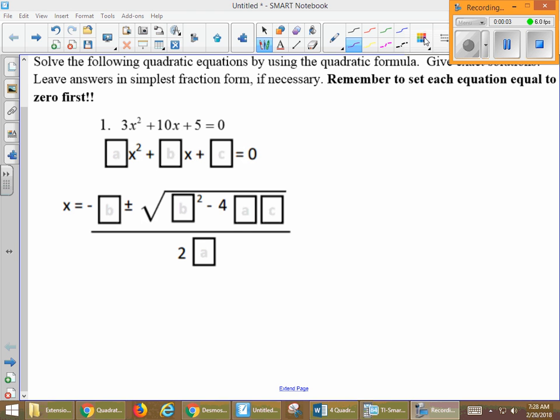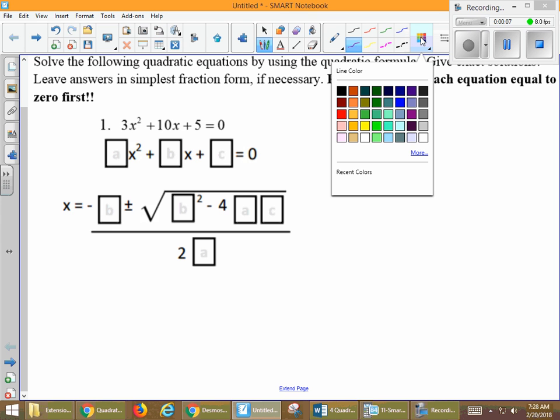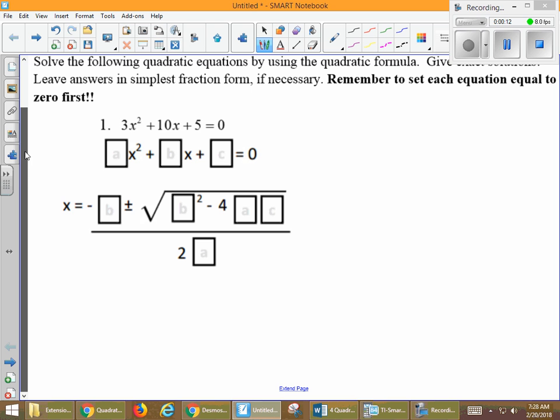Okay, here are a few quadratic formula examples to get you started on the practice for today. So these first couple of problems have this nice little skeleton fill in the blank for you. The directions remind you that you need to set each equation equal to 0 first. So if you don't see this equal 0 situation, make sure you get out all of the variables on the